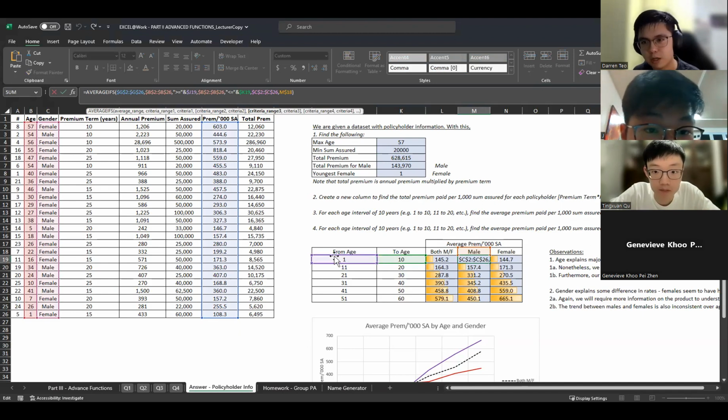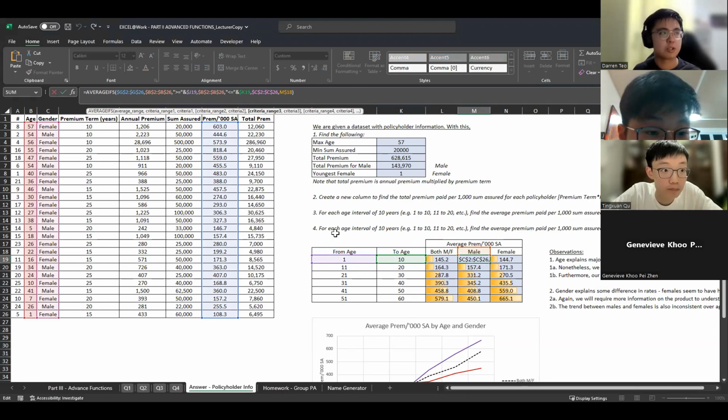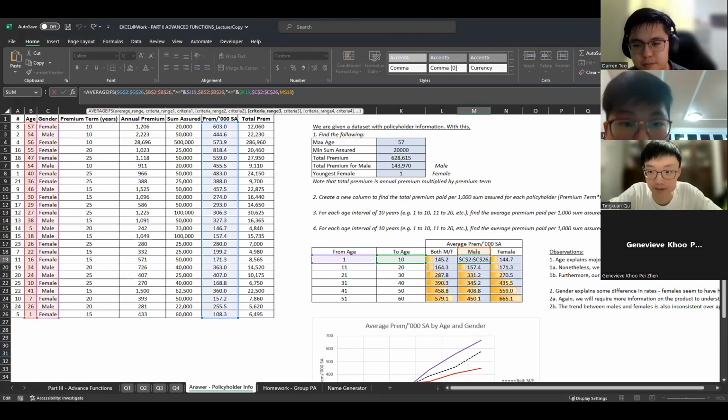So it's a bit more dynamic, in a sense. If you don't want to hard code yourself all the way, then you can use the less than or equal to, and you just reference some cell. So when you change the value, the result will change accordingly also. Okay? Yeah, okay. Thank you.